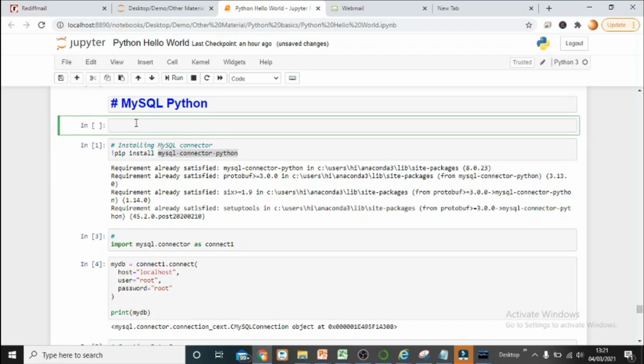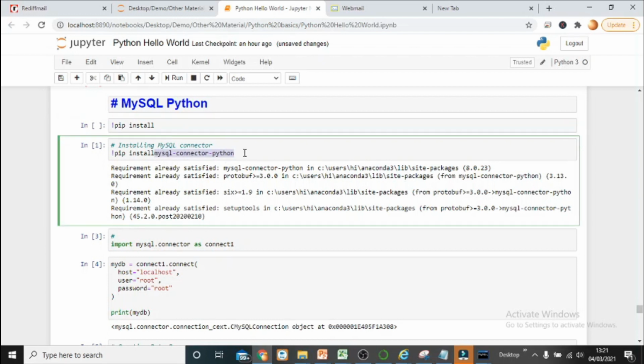From Jupyter Notebook, if you want to install any package or library, you can write an exclamation mark, and then pip, which is what you use to install anything in Python. So: pip install and then the connector name.